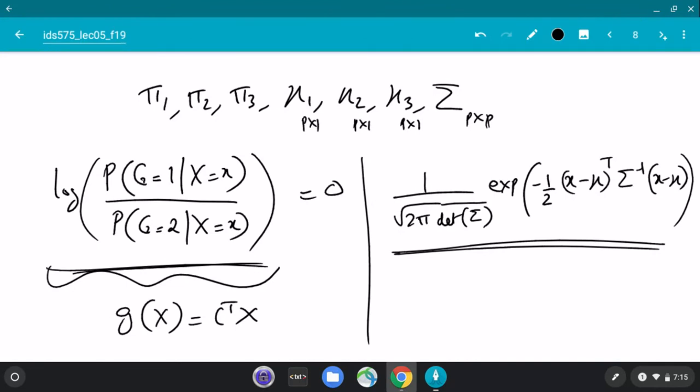I will not write the expression for the discriminant function as well. It's just the log of the left hand side of the Bayes rule previously. In the previous slide, we saw the log of this thing had three terms. If you use this in that equation, you'll get this discriminant function. The discriminant function is just the probability of g equal to 1 given x equal to x, in terms of the parameters. And so in the notes.